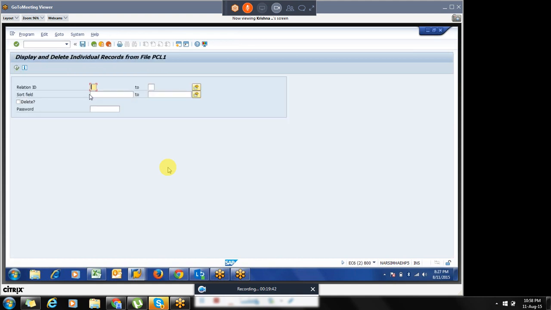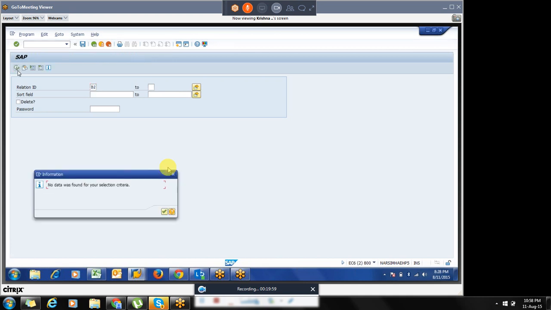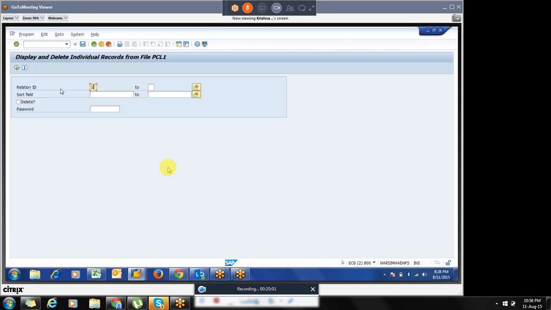I will show you. This program is display and delete individual records from PCL1, right? In this, there is a cluster called B1 in PCL1.